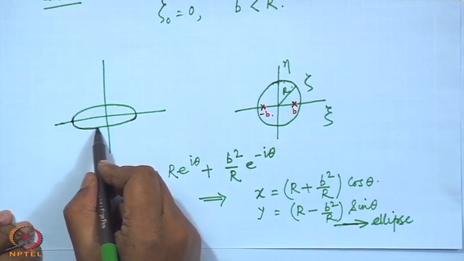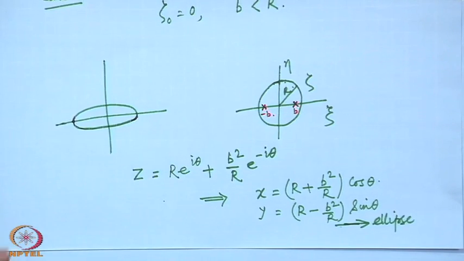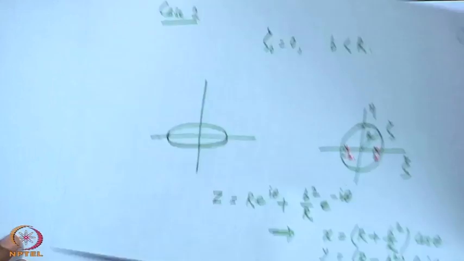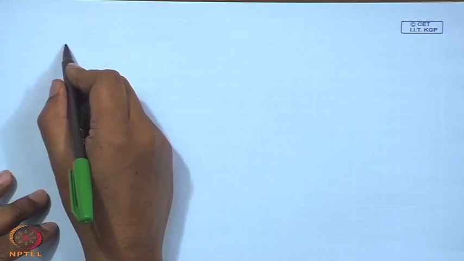With semi major axis of r plus b square by r, and half of the minor axis is r minus b square by r. We will not call it major axis and minor axis, rather we will call thickness and chord. So, the thickness or the maximum thickness of the transformed geometry